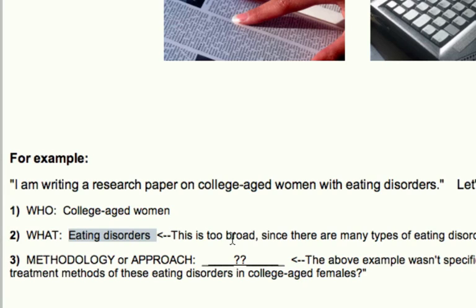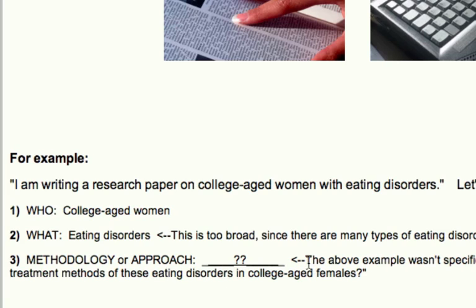Try to name your issue. What is the official name for the issue that your population is dealing with? Then number three, what do I want to focus on within this topic? Another way of saying that, what's the methodology or approach that you want to take in terms of looking at college-age women with eating disorders? So in this topic, an approach wasn't listed, and that's okay. You might not know yet,